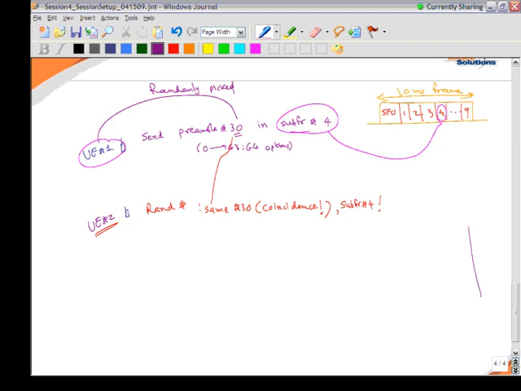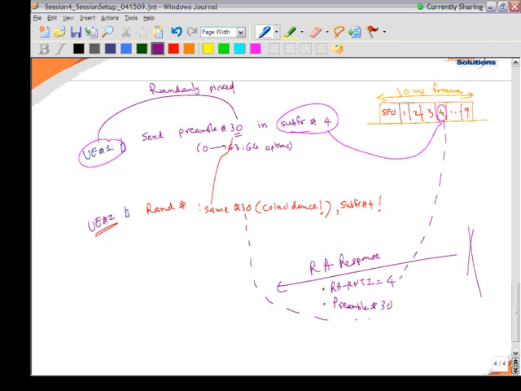So the base station says, okay, I have detected random access response. I have detected RA-RNTI equals 4, because that is exactly the same as the subframe number. And I have detected preamble number 30. So now both the UEs will think that, oh, this is my response. So they say, okay, let's send a message,